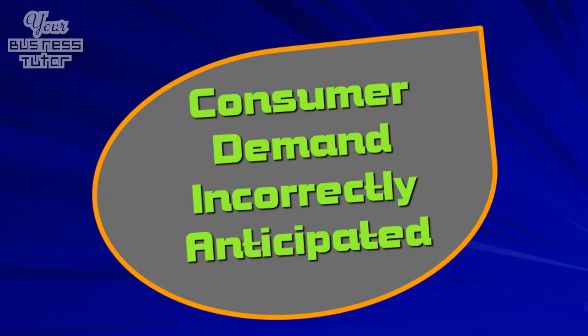A third problem that can affect JIT is if consumer demand is incorrectly anticipated. This is because future output is based on this prediction, meaning if it is wrong, either not enough or too many products will be produced. Whatever the case, both issues cause problems, as not having enough of a product will create customer dissatisfaction, meaning they may take their custom elsewhere, but also producing too many items means money will need to be spent storing the